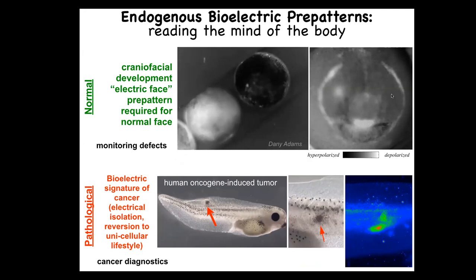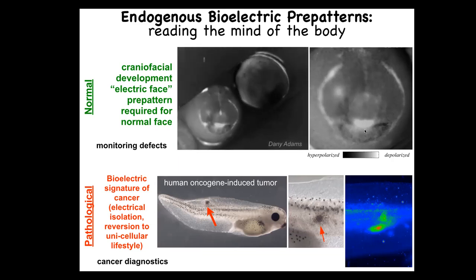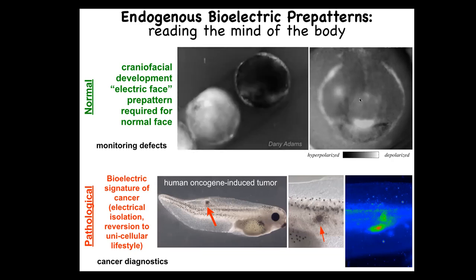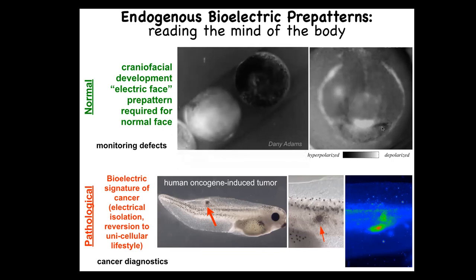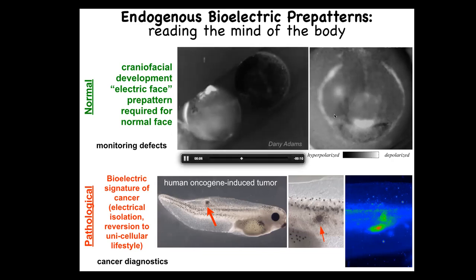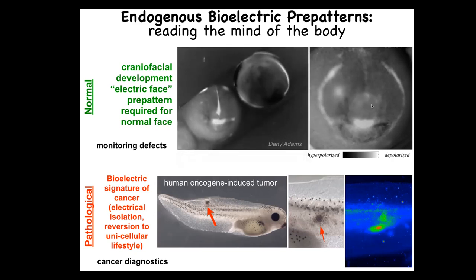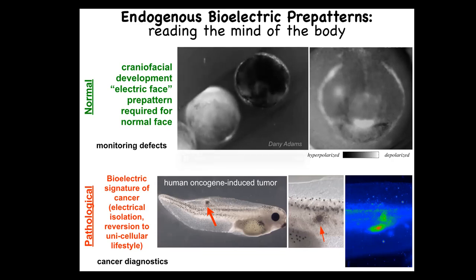Here are the placodes. We can read, using the same voltage tracking techniques that people use in brains, the electrical pre-pattern, that subtle scaffold that determines downstream gene expression. I'm going to show you why I say that. So this is a native endogenous pattern memory that is required for making a frog face. If you change this pattern, then the gene expression changes and the anatomy changes. So that's a normal pattern, and you might imagine using that to someday monitor birth defects.